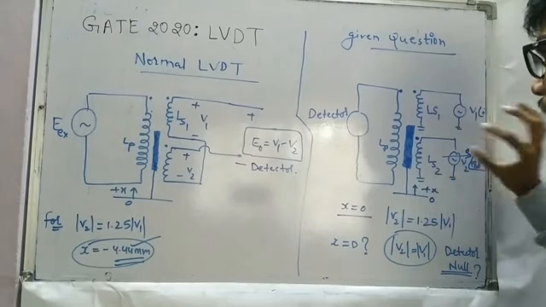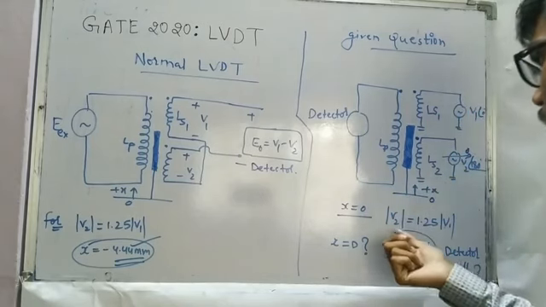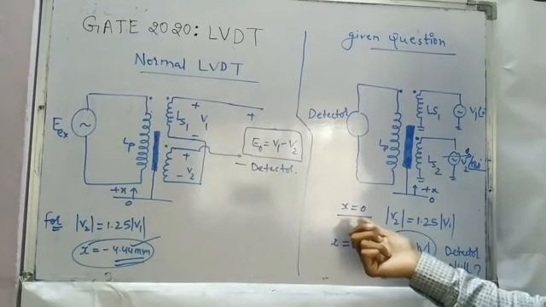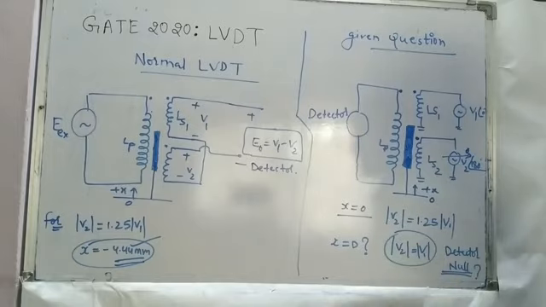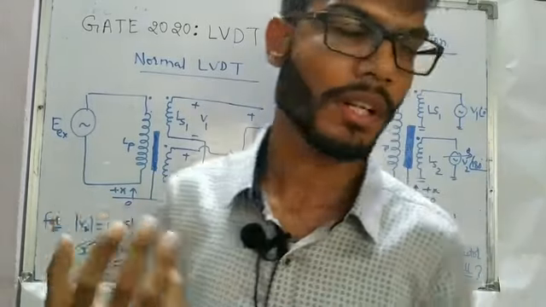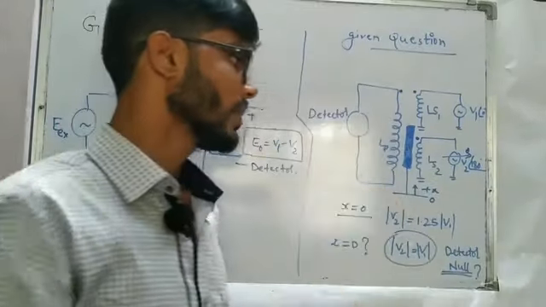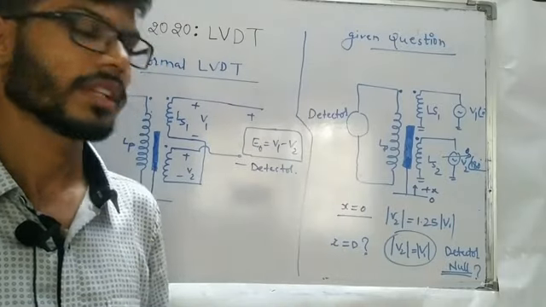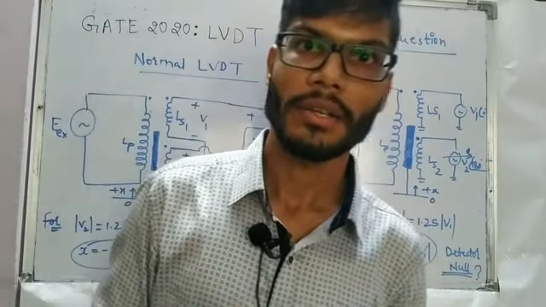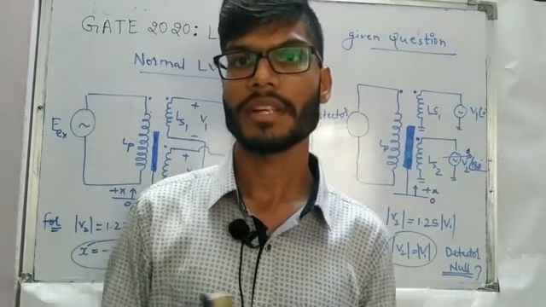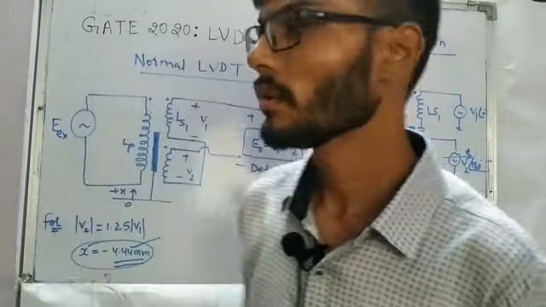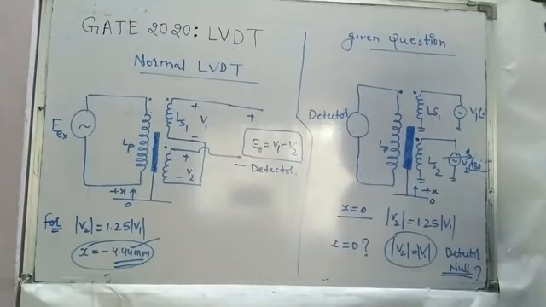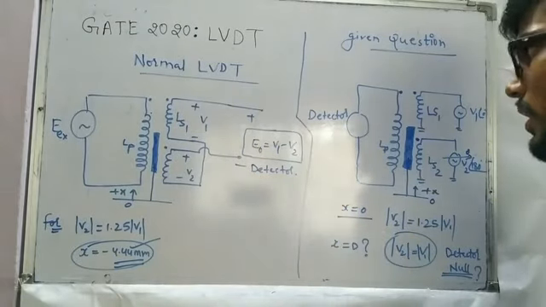then only will we get the increment in the upward voltage and the downward voltage will decrease, because in the null position at x equal to 0, it is given that the magnitude of V2 is more than that of V1. So we have to increase V1 and decrease V2, then only is the detector going to feel the position as null position. I hope by these two comparisons it is clear that the output is anyway going to come with the positive sign only, because this is not the case of a normal LVDT.